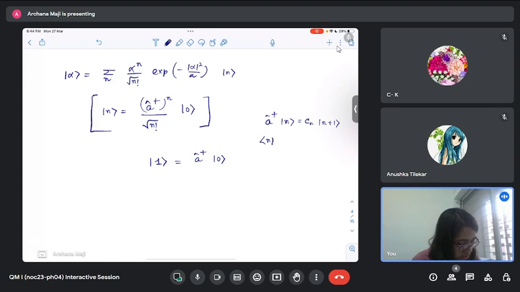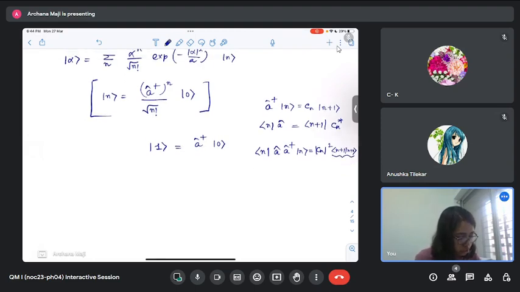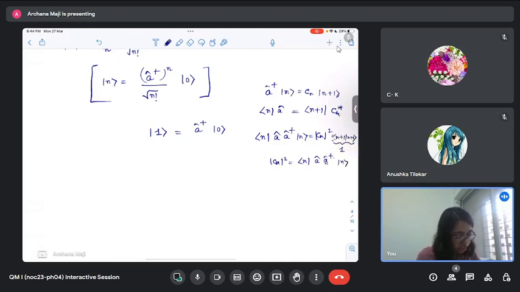So bra n a is equal to bra n plus 1 Cn star, and then if we take the inner product of these two, we get bra n a a dagger ket n equal to Cn mod square times bra n plus 1 with ket n plus 1. Now these are all basis states, so they are orthonormalized, so that is equal to 1, and mod Cn square is bra n a a dagger ket n, and